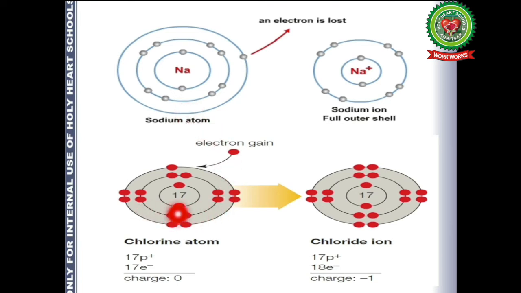Let us take example of chlorine. Electronic configuration of chlorine is 2, 8, 7 because the atomic number is 17. It has 7 electrons in the outermost shell. Now, if it wants to complete its octet, that means chlorine requires 1 more electron, it will gain that 1 electron and complete its outermost shell with 8 electrons. Chlorine atom is having 7 electrons. Chloride ion, Cl negative, will have 8 electrons in its outermost shell. So it is stable as compared to chlorine atom.